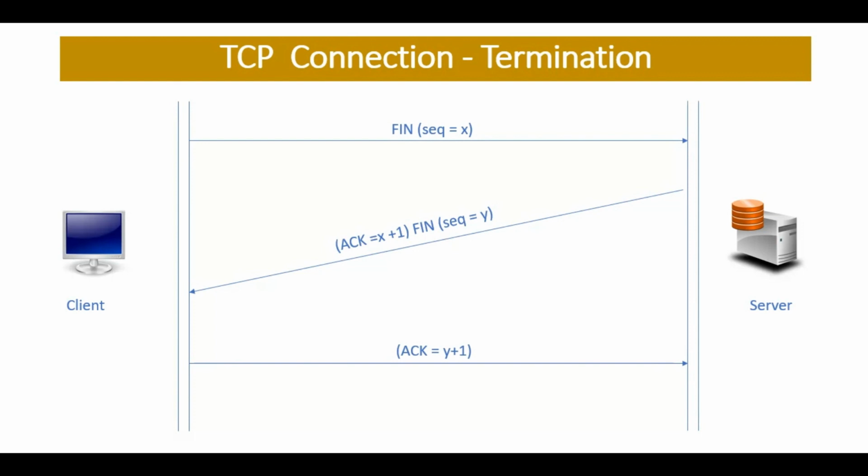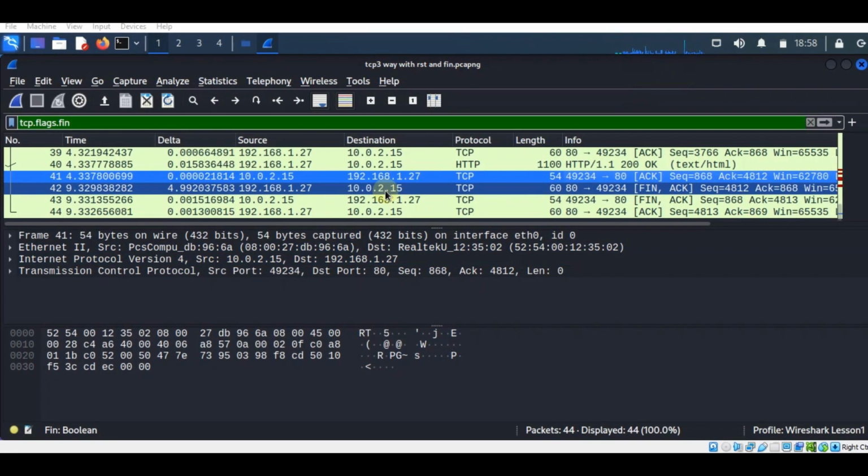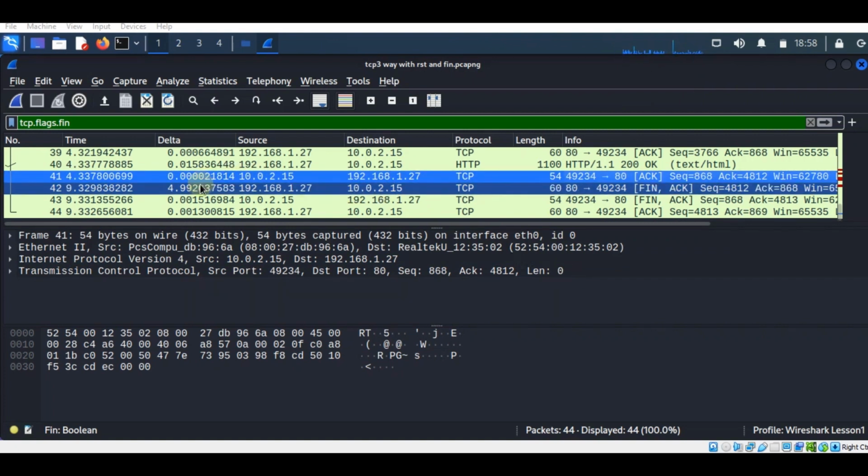So either party, maybe the client, maybe the server, can start the termination by sending the FIN flag, and in return the recipient sends the acknowledgement and also a FIN flag, and the initiator responded with the acknowledgement. So we'll move into Wireshark to see actually what is happening. For the demo purpose, I have imported the pcap file into Wireshark, and you can see the record number 42,